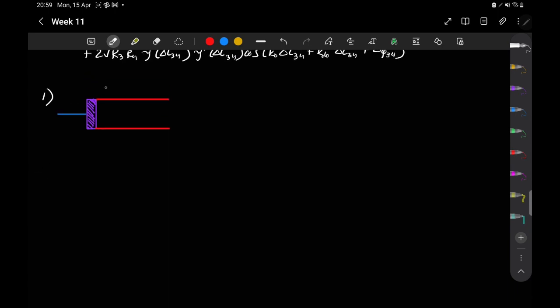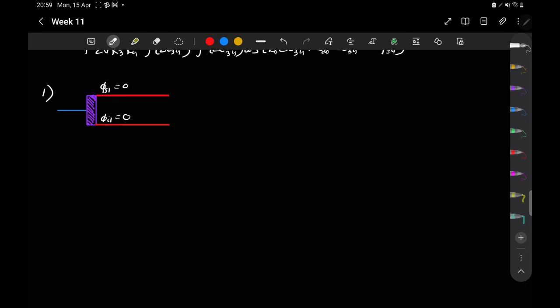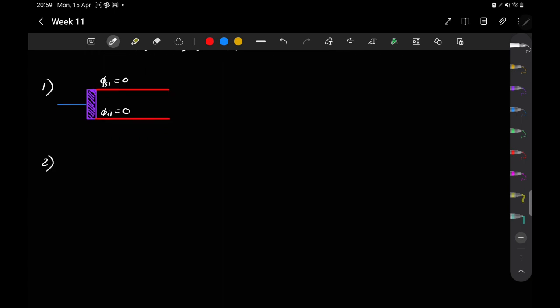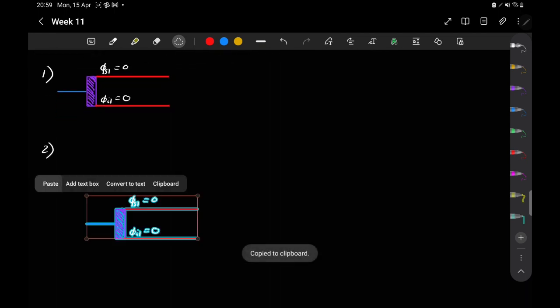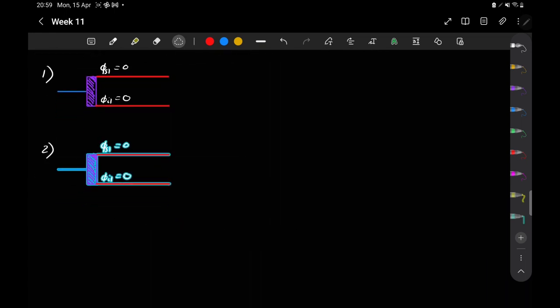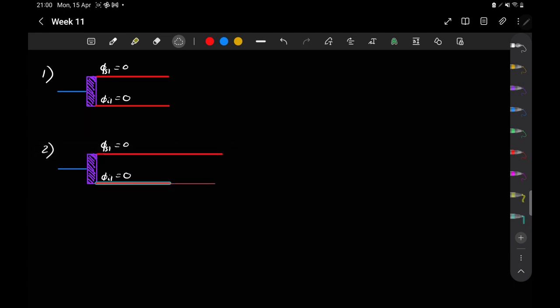Since both are in transmission, the phases are 0. Path 2 is long, so this is longer,